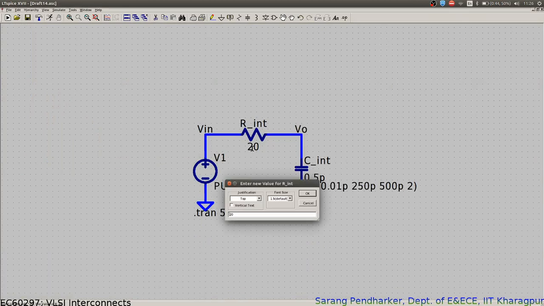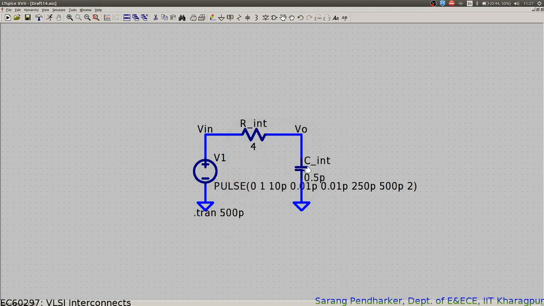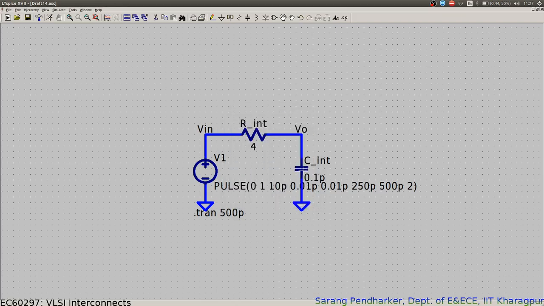You take this, change the value here. So from 20 ohm you change the value to 4 ohms, and capacitance you change from 0.5 to 0.1, and then what you can do is that you have to